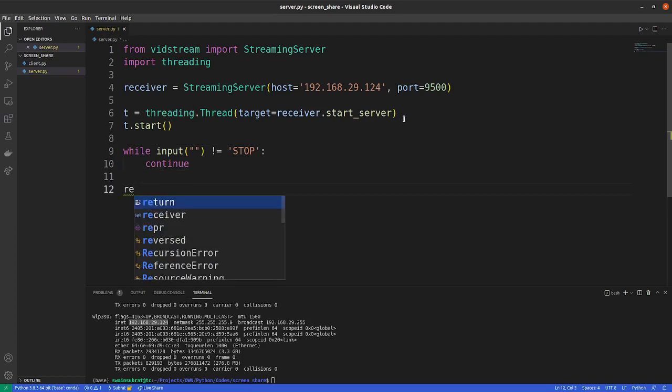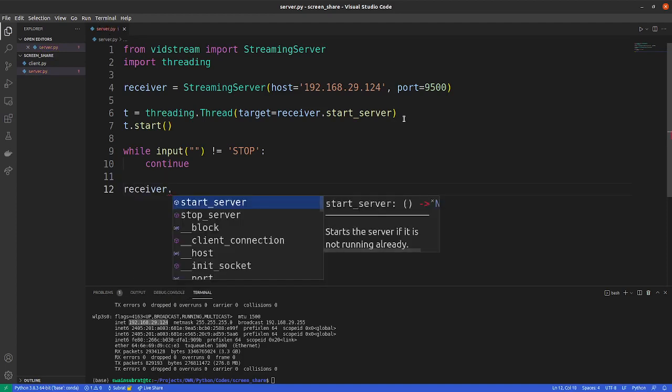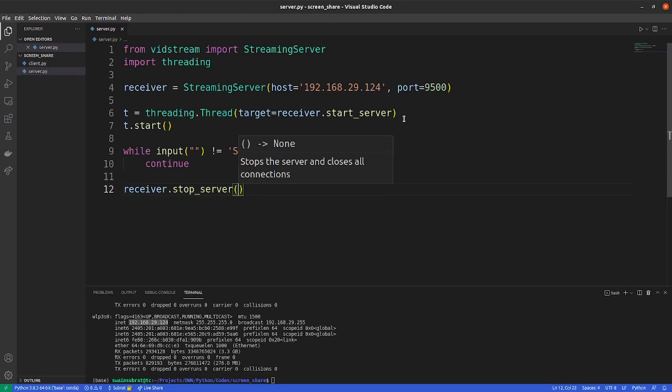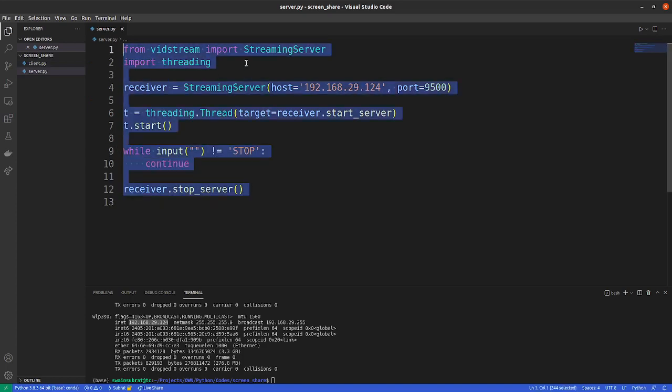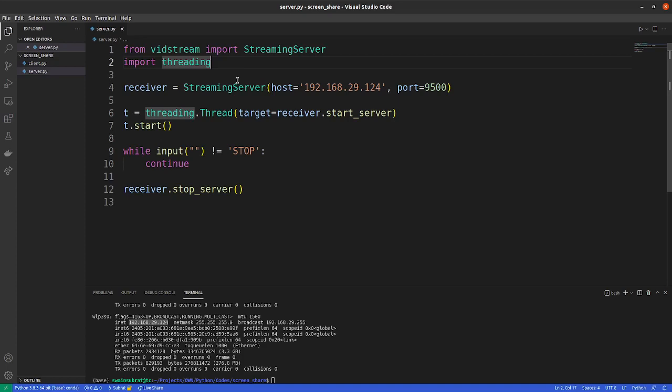And when the user writes stop, we will call the stop server method of this streaming server. It will kill the server, right? And this is everything we need to do for creating a streaming server. So it will host the streaming.